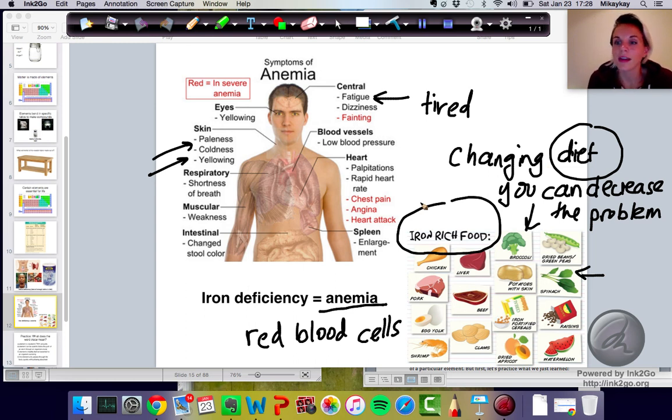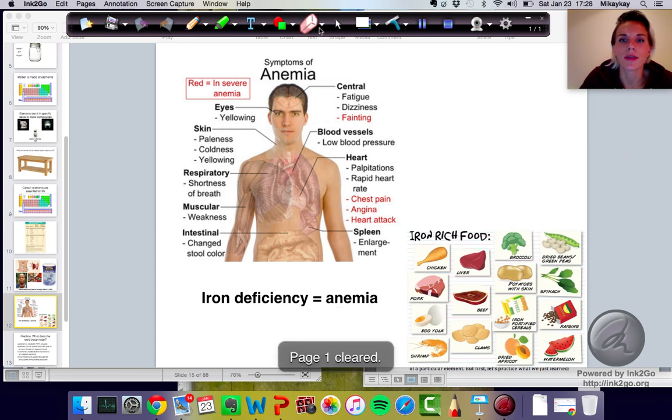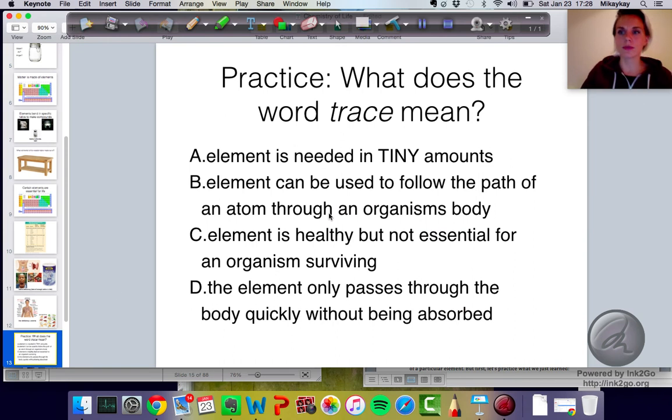So by eating and by drinking, we are getting all of the elements that we need, and so organisms need to be careful that they are getting all of the elements that they need in their diet. And I think that's all I want to talk about with you. So we talked about the essential elements. So let's do a little bit of practice. I would recommend pausing the video to answer the questions before I give you the answers.